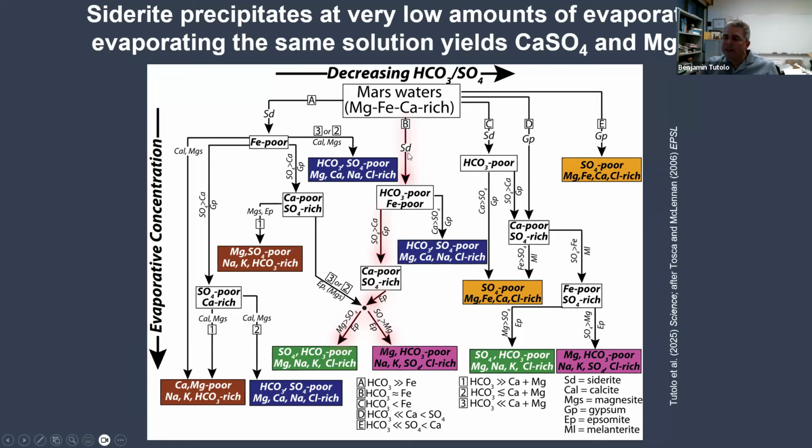We initially precipitate siderite, which consumes nearly all the alkalinity and the iron in the sample, but leaves behind calcium, magnesium, and sulfate. If the sulfate is greater than the calcium concentration, the first mineral that we precipitate is gypsum. Once we precipitate gypsum, calcium goes away, and then the final mineral that we can precipitate is epsomite in this case, or magnesium sulfate more generally, again consistent with the progression of authigenic minerals we see in our sample: siderite, calcium sulfate, magnesium sulfate.